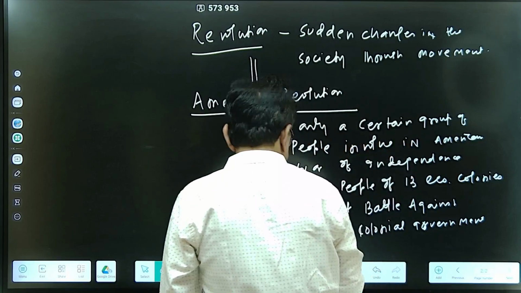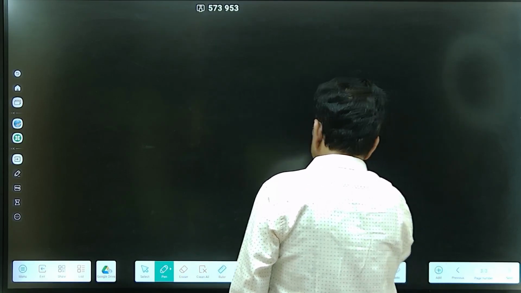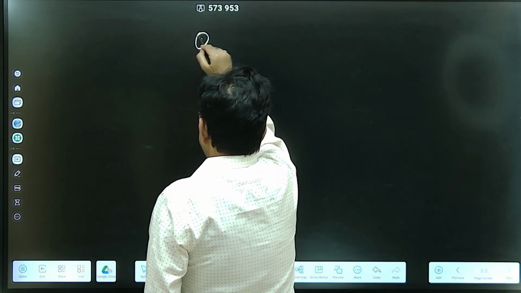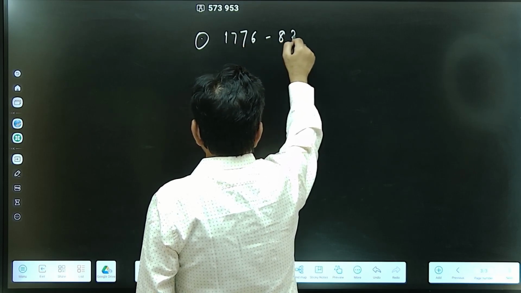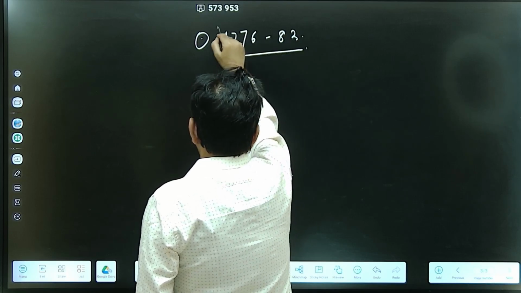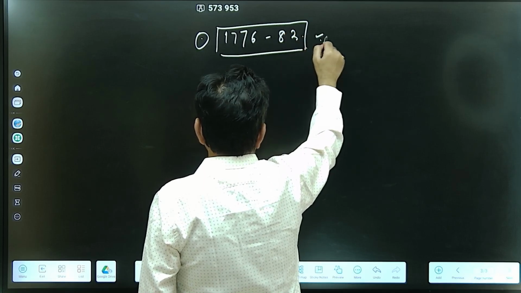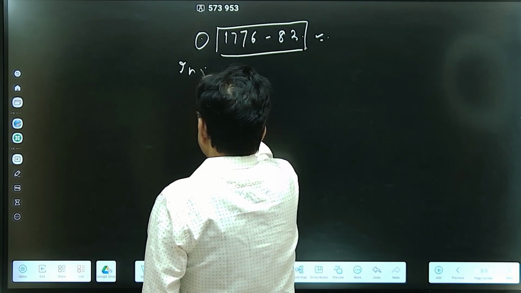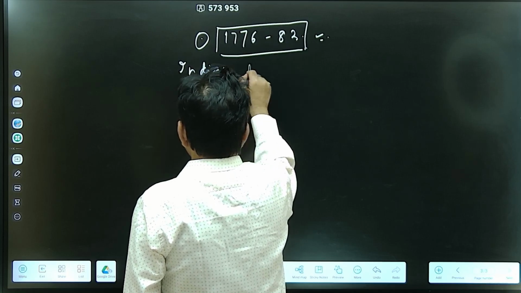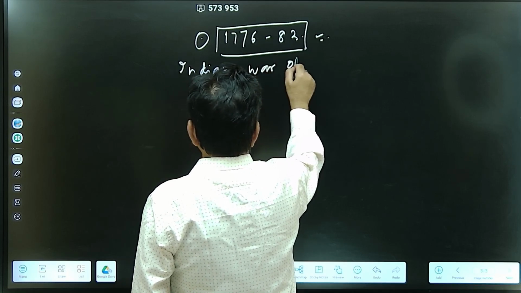And their time period is also very short. Time period: 1776 to 83. This was the only time period when the American Revolution was fought. Whereas in the Indian War of Independence,